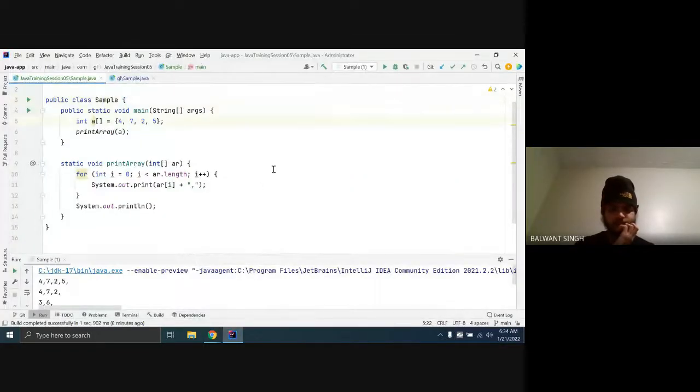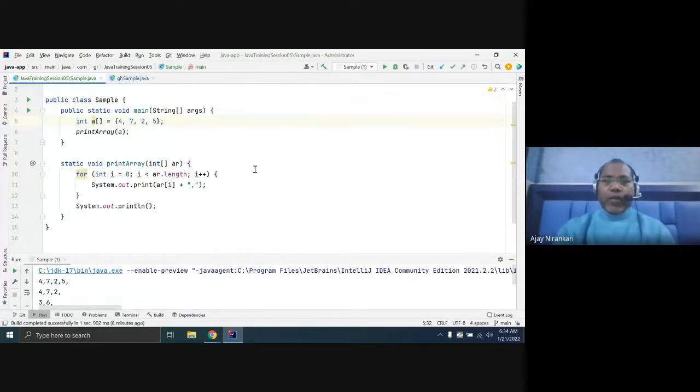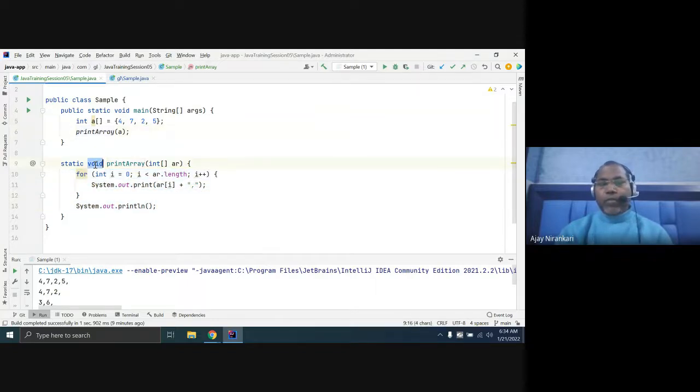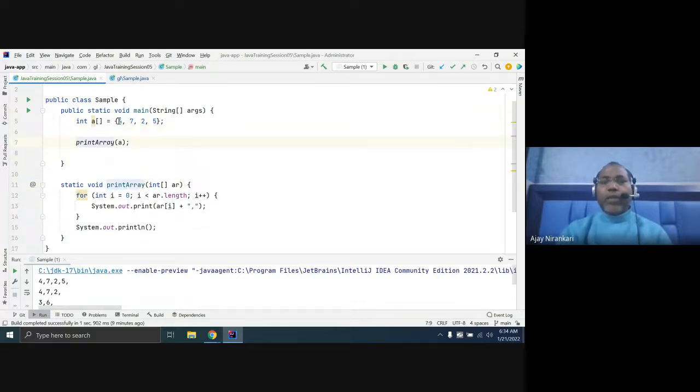Okay. So till now we have declared an array and we can print the array. But our print method has return type void. So how, if we are printing inside the main method, does this method still not return anything, but we can still print the array, right? So what happened here?